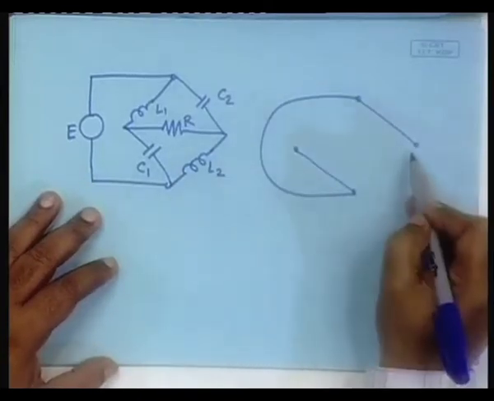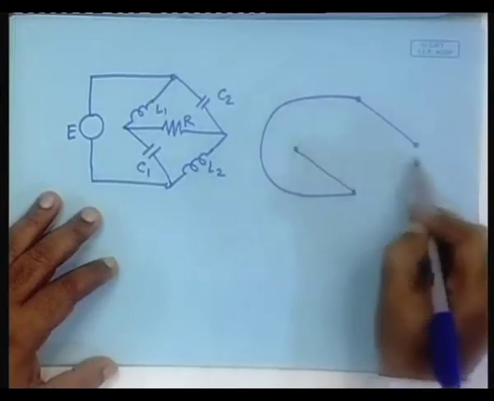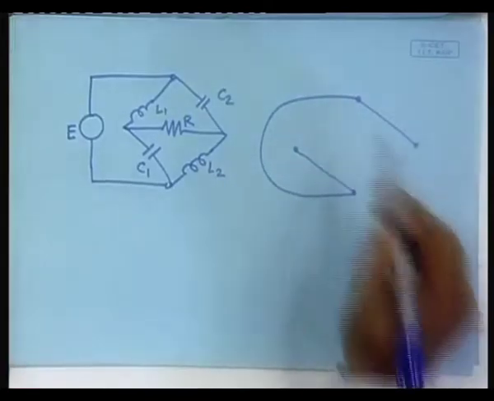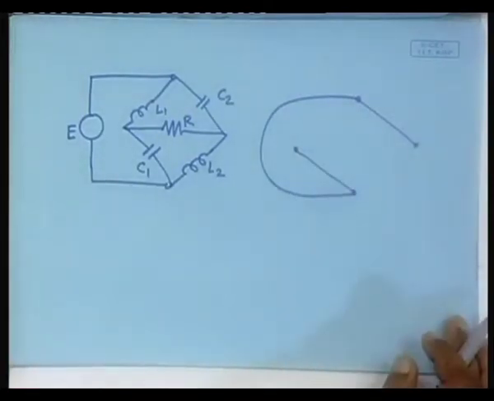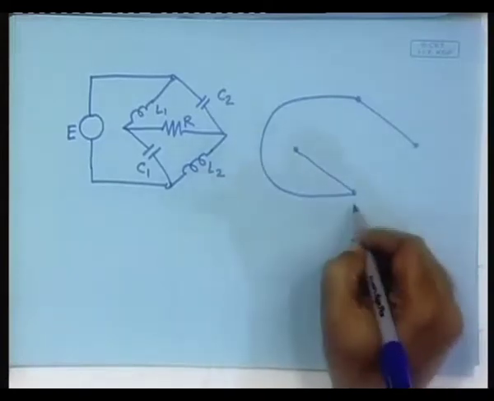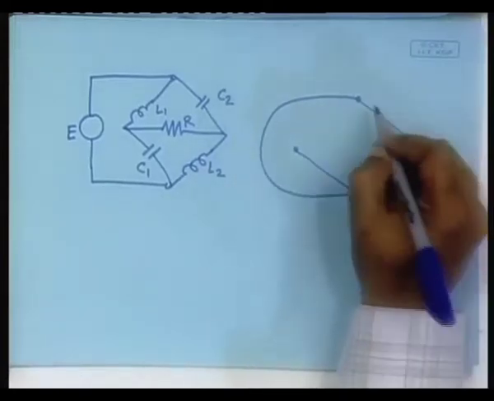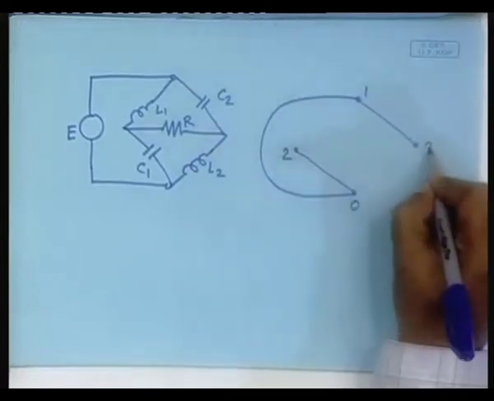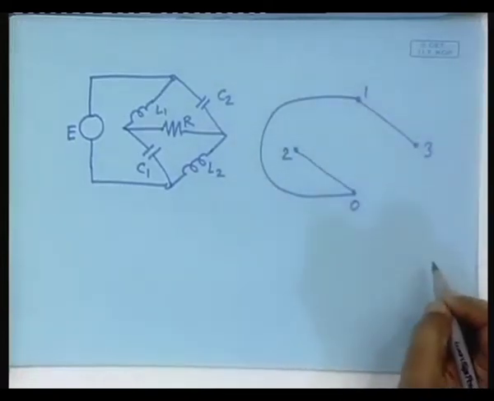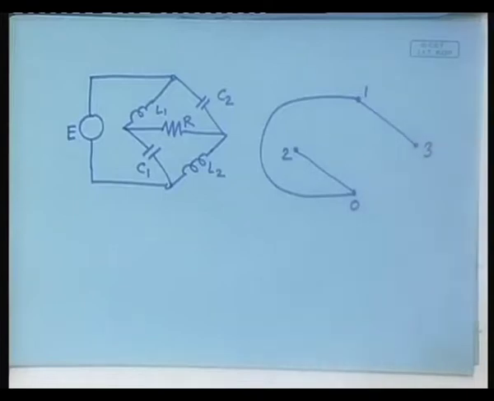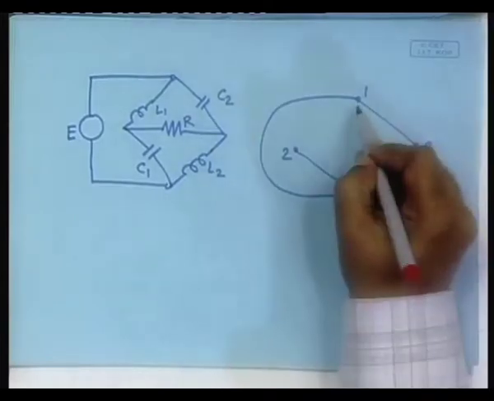Now, you notice that if you close any of the other things, it will complete the loop, and therefore, this is the standard tree. Once we have identified, quickly give the numbers 0, 1, 2, 3. So, the co-tree will be